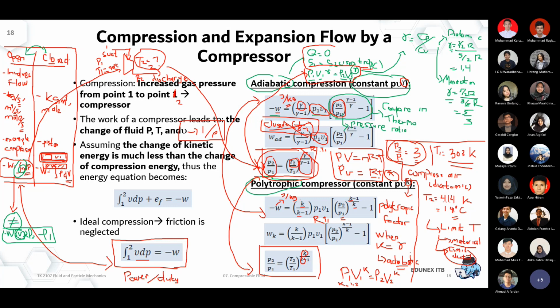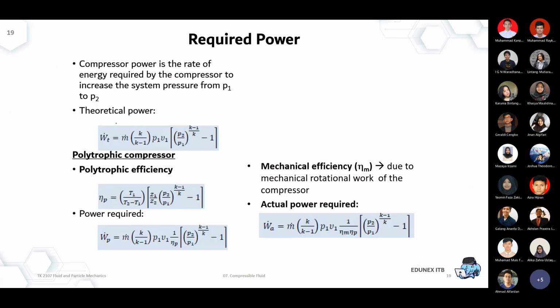So when we need to know the actual duty, the actual electricity consumption of this compressor, what you have to do is multiply by the kilogram per second. That would give you your theoretical power. Because if we are talking about power, then it's very specific, the unit has to be in watt. Power is joule per second.